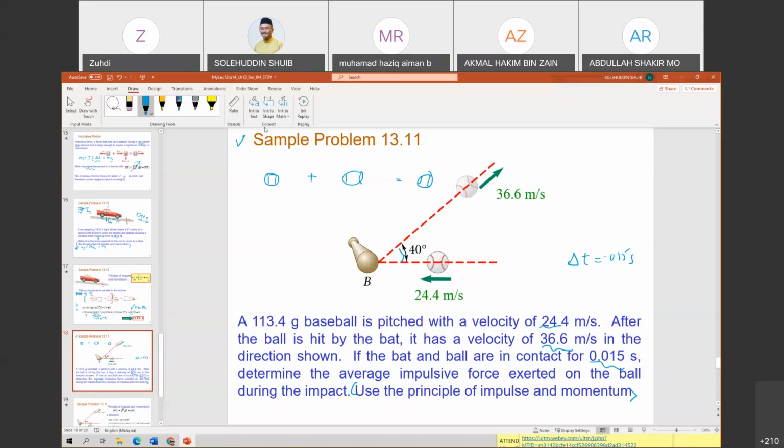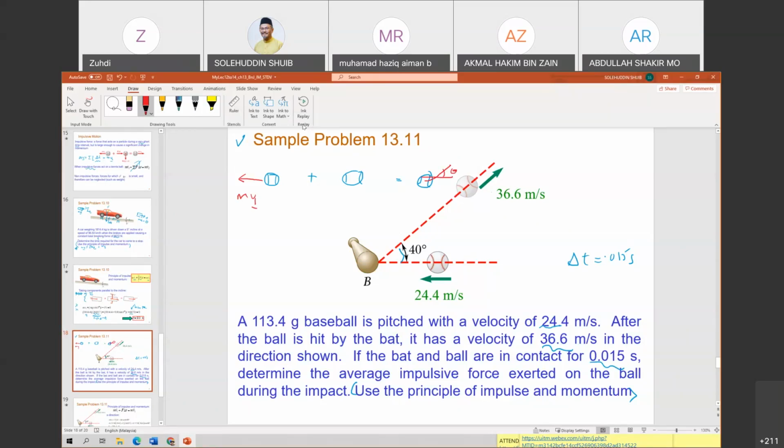So the first one is MV1. We have MV1 here, going in this direction, and then after being hit,